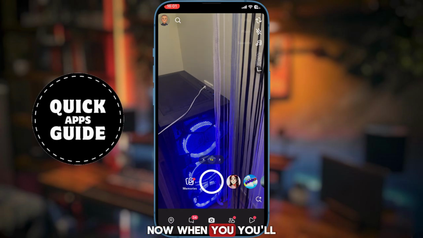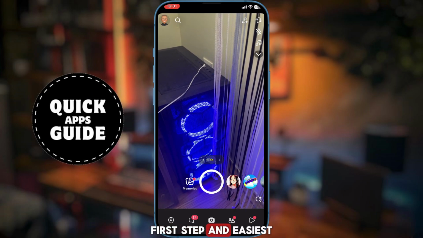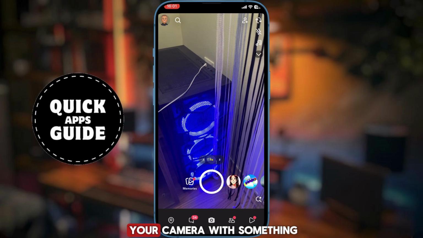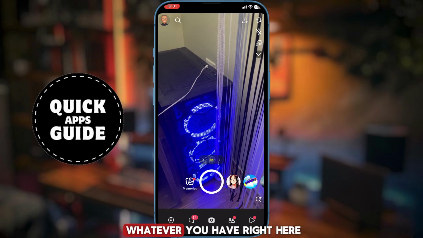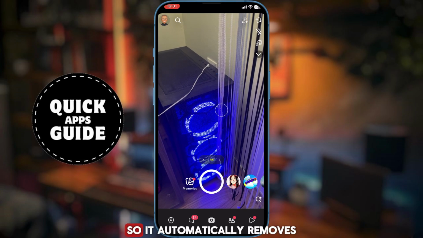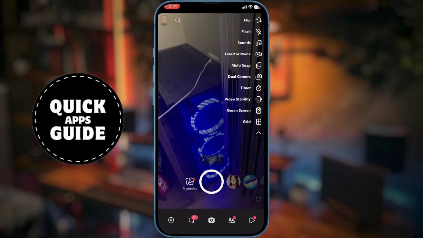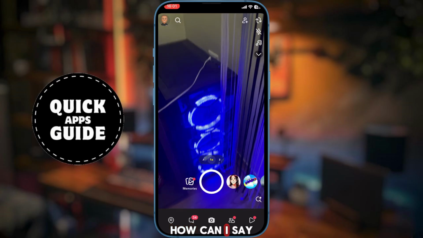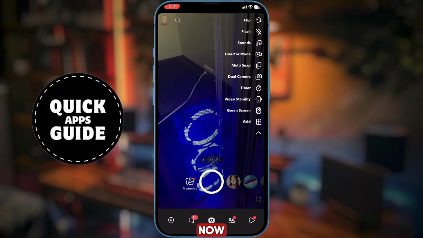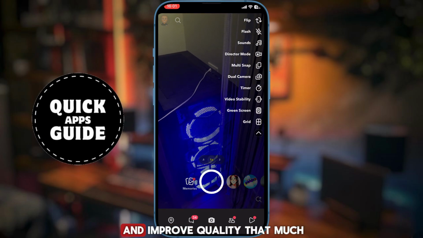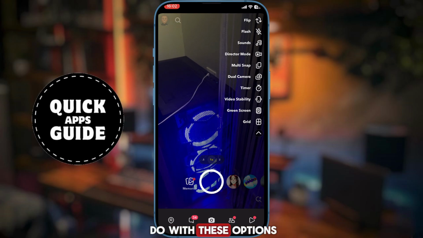Now when you join the camera section right here, the first step and the easiest thing you can do is just to brush your camera with something to clean it off. For example, whatever you have right here. So it automatically removes dust and some blur from the camera, and it cleans it automatically. Now you can't really upgrade and improve quality that much, but what you can do with these options, for example,